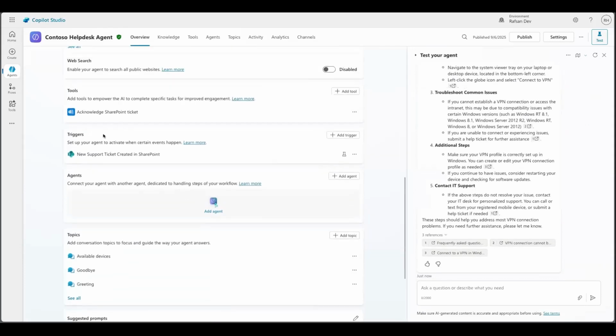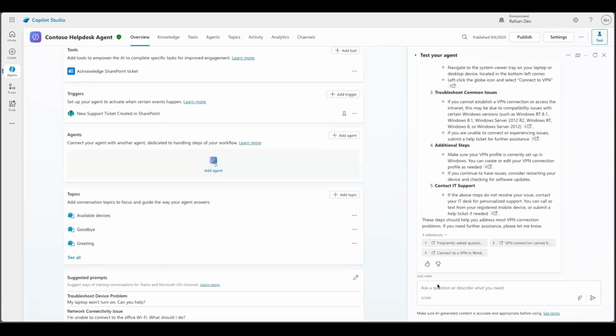The other piece is the tools. Again, for example, in this case, whenever someone sends an email to submit a ticket, that will trigger an email to the sender saying that we received your ticket, we will be working on that. The other thing here, if I do like,